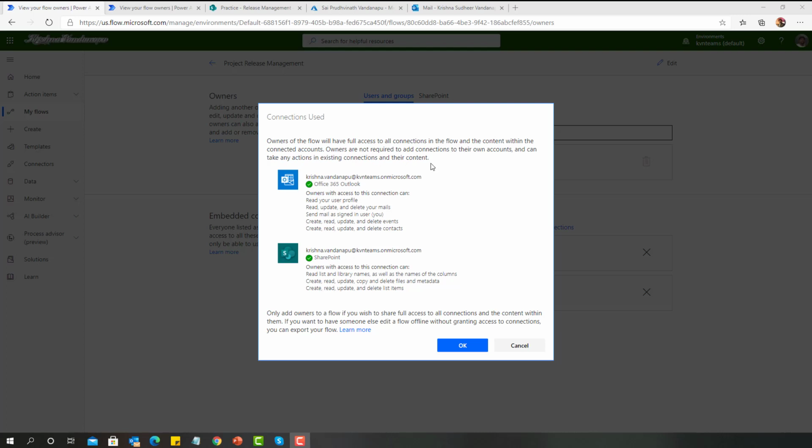What that means is, when I'm adding a new owner, I don't have to change my connections to the new owners. All the connections will run with the account of the created by user, the primary owner of this flow. In this case, the flow was created by Krishna, so these connections will run with Krishna's account.